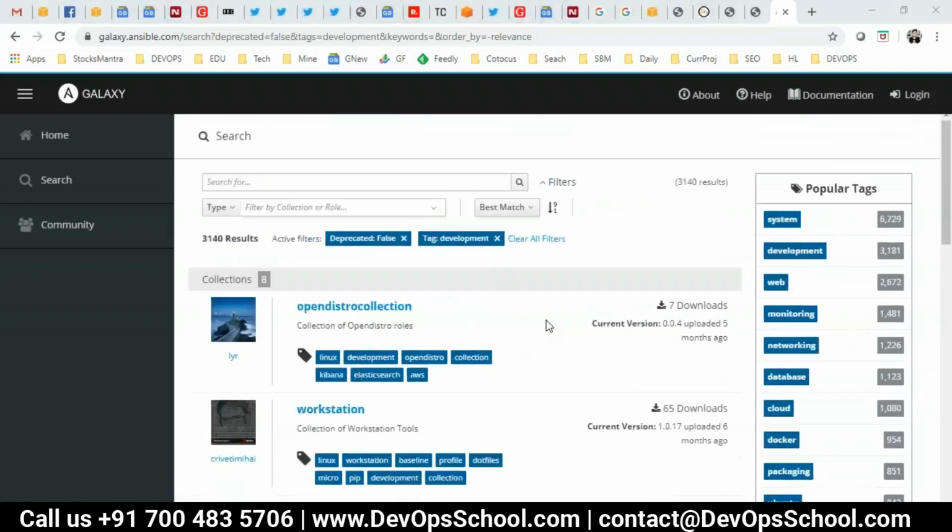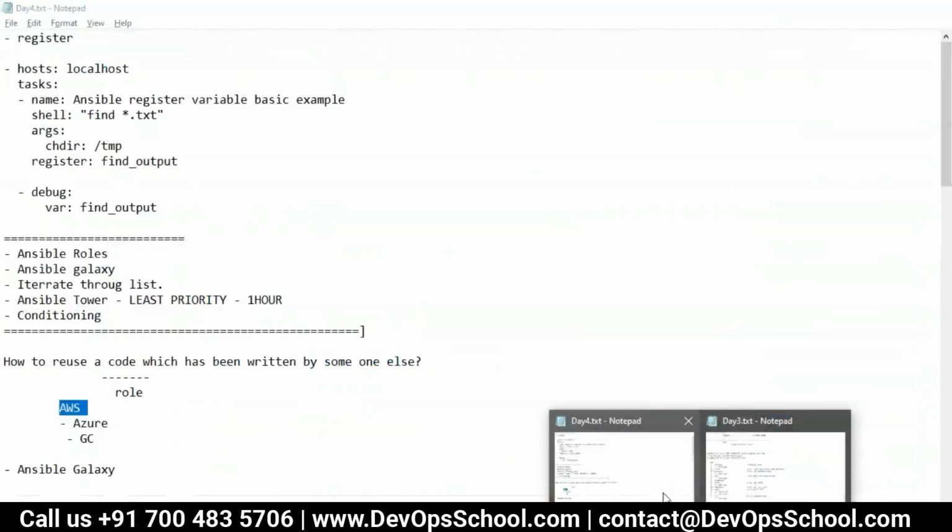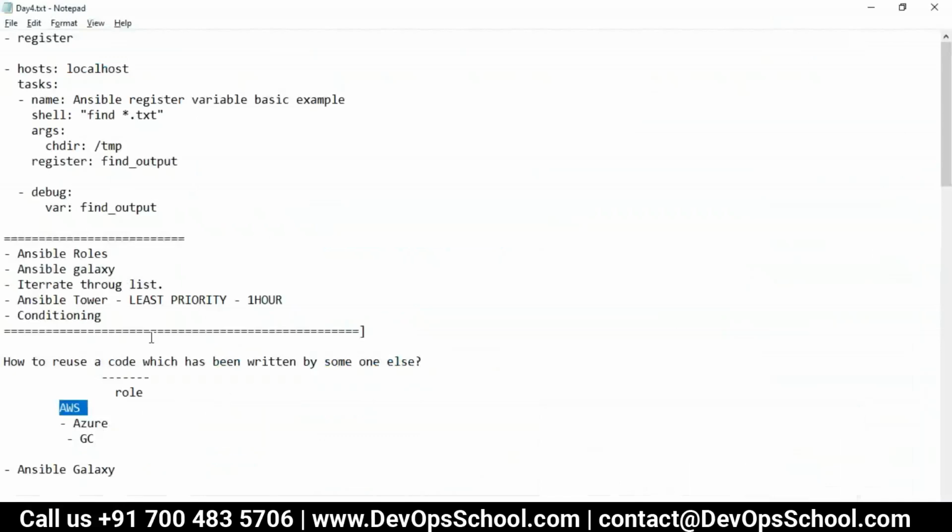So first thing, understand this: here you find everything. But the question is what you want. Let's say I want Java installation. That means I have a requirement, as part of my product setup, that on every remote server I want Java installed.